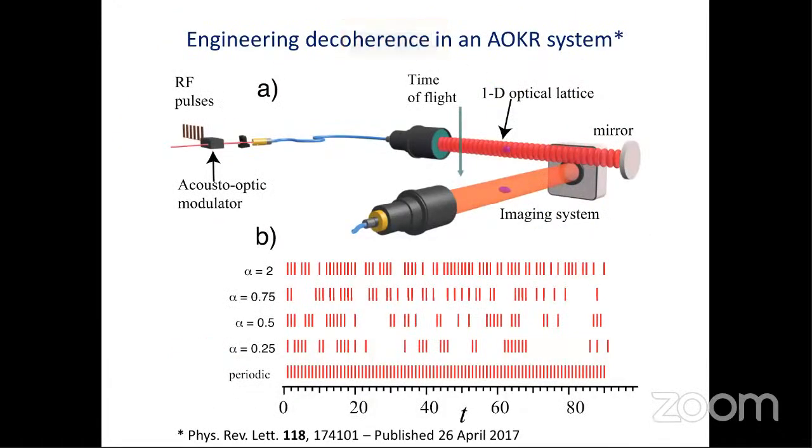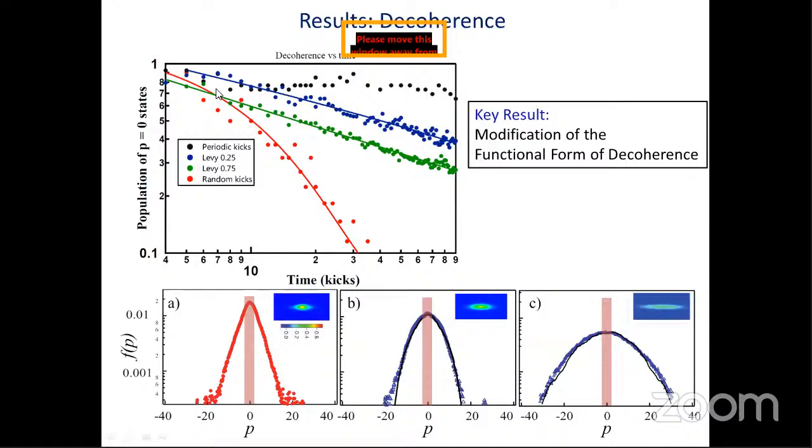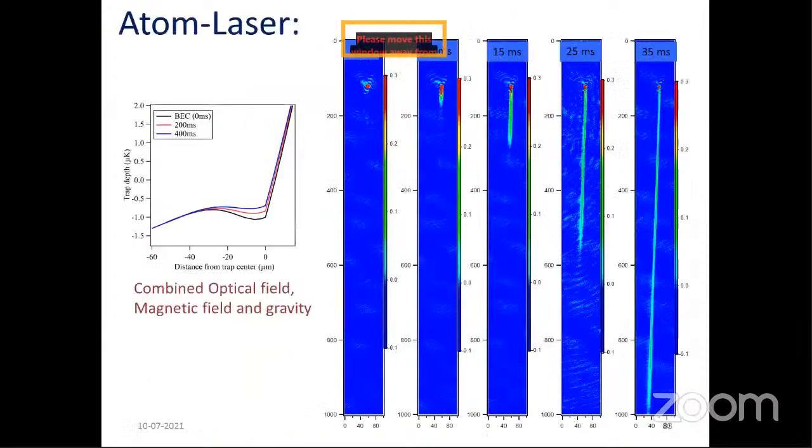The other experiment that I told you about was engineering decoherence. We used ultra cold atoms in a periodic optical lattice potential, and showed that we can modify the decoherence of motional states from an expected exponential to a power law, which is an important feature because most decoherence is exponential in nature, whereas a power law is a much longer lifetime decay. So this is a very fundamental observation which we are going to extend to other quantum mechanical systems.